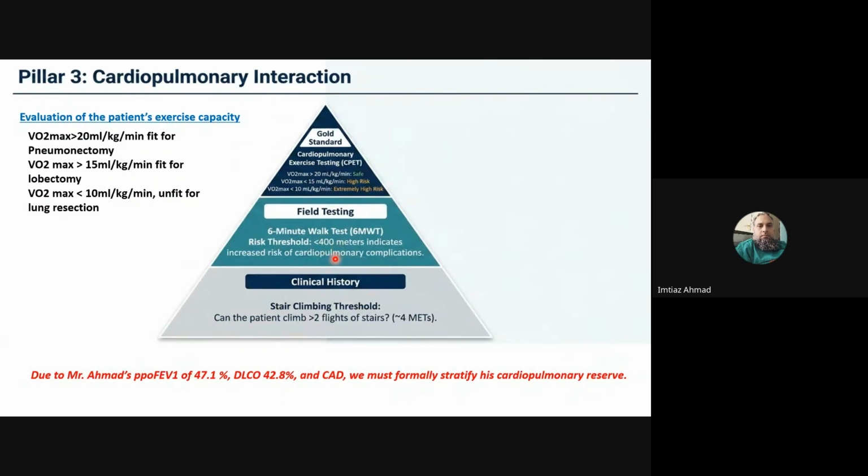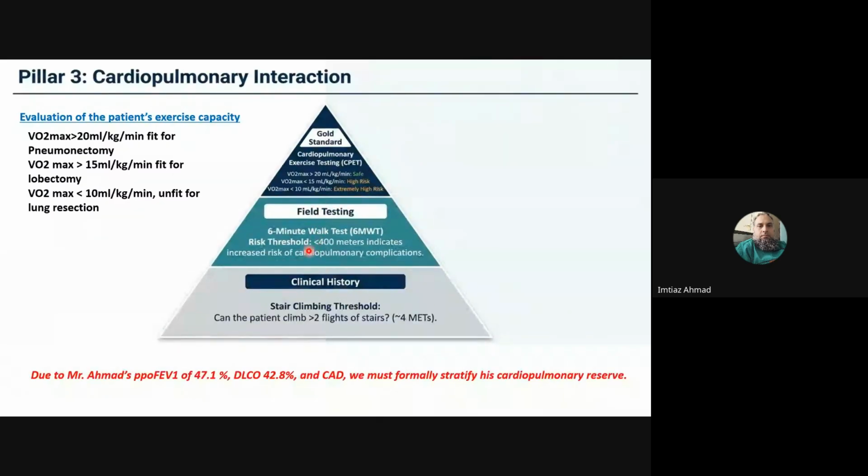The cutoff value is 400 meters. If he can cover more than 400 meters, he can proceed for surgery. If it is below 400 meters, then the next step is cardiopulmonary exercise testing, in which VO2 max is calculated. If VO2 max is more than 20 ml per kg per minute, the patient is safe and low risk for surgery. If VO2 max is less than 15 ml per kg per minute, the patient will be high risk, and with a VO2 max of less than 10 ml per kg per minute, the patient will be extremely high risk, and alternate treatment will be